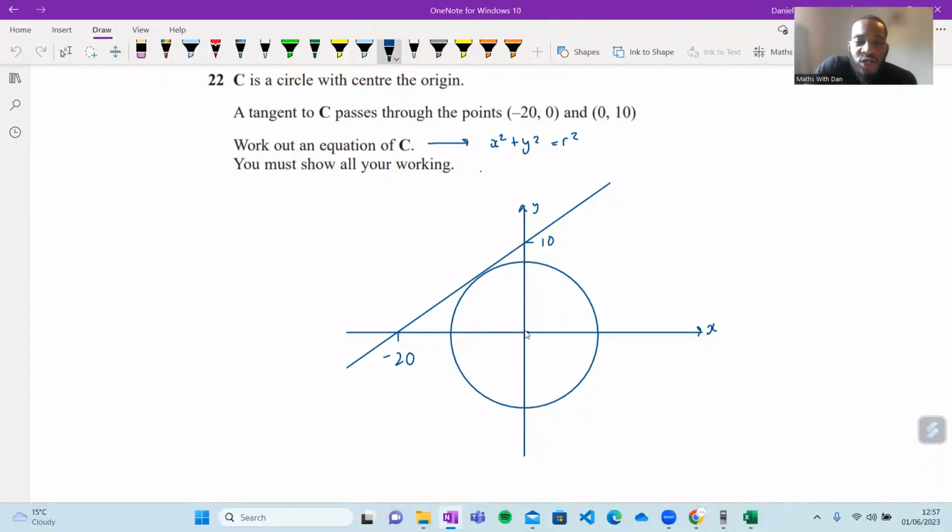And what do we know about a tangent? For those of us in my classes when I taught this topic, there is a circle theorem that I always say you should remember when you're dealing with these circle problems. What is the circle theorem I'm referring to?